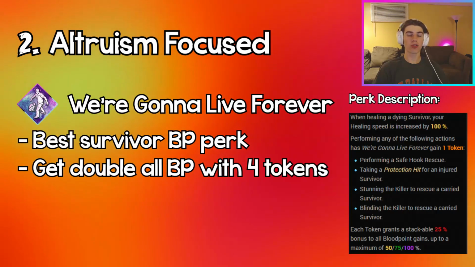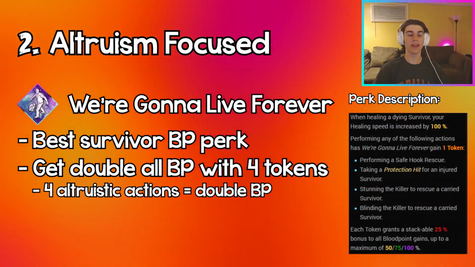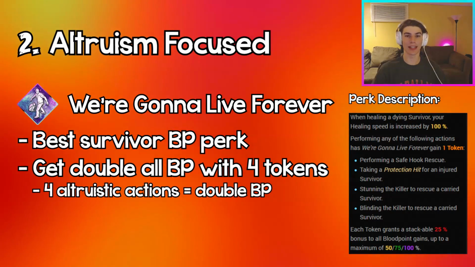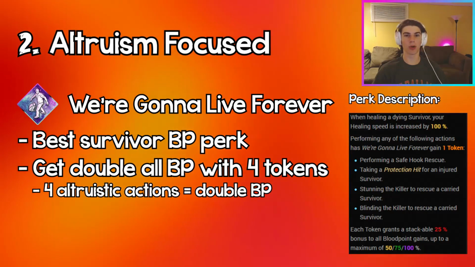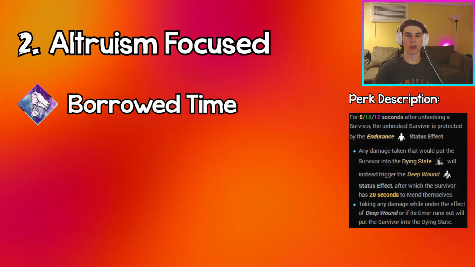And when you're doing an altruistic focused build, getting those safe unhooks is your number one priority. So if you get 4 safe unhooks or you take protection hits, you can do even fewer safe unhooks and you'll get the 100% bonus blood points. So it's really good. Finally, the last perk we have on this build is Borrowed Time, and this is the